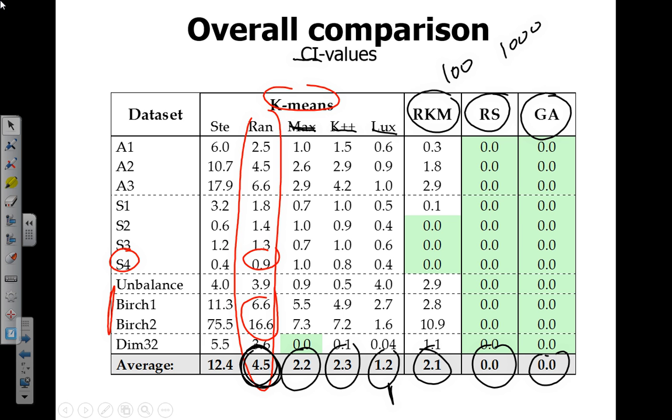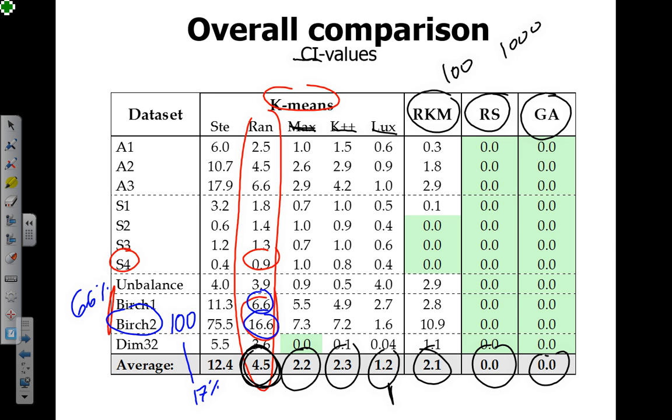So the question is, if we have BIRCH 2 data sets, for example, let's take the worst case, we have 100 clusters, out of which we have about 17 errors, so it means a 17% error rate. Well, it sounds a little bit high, but if you have BIRCH 1, you have 6.6, so it means that in about 6.6% of cases you have errors. If you are doing some pattern recognition or data mining application, you don't need to have perfect clustering. Maybe this is good enough, so you can use it. So that's pretty much the main question: do you need accurate clustering or not?